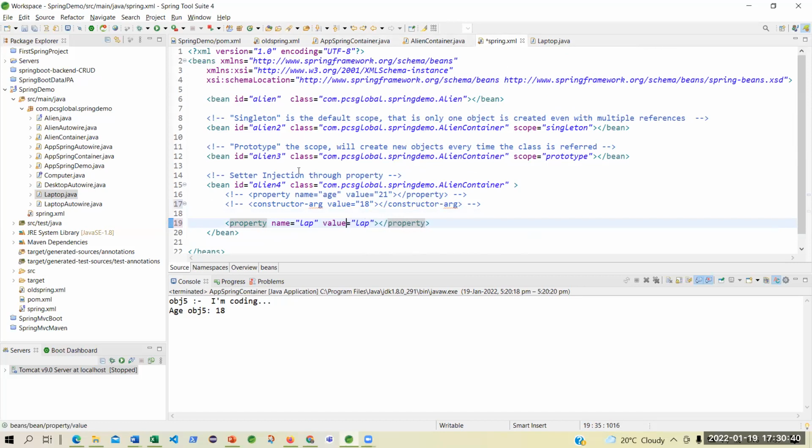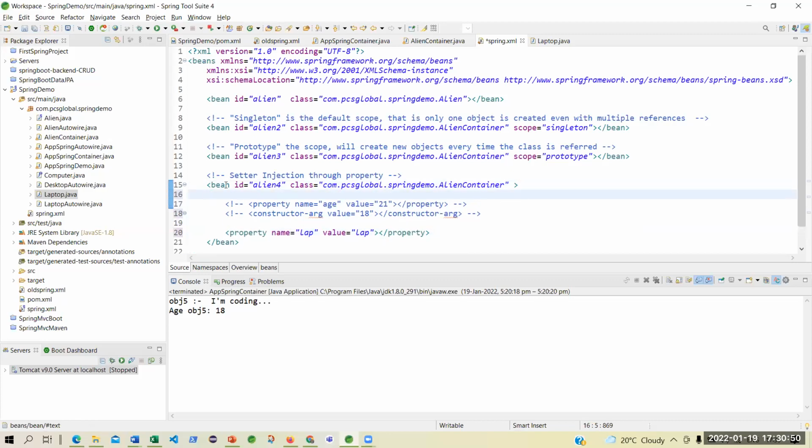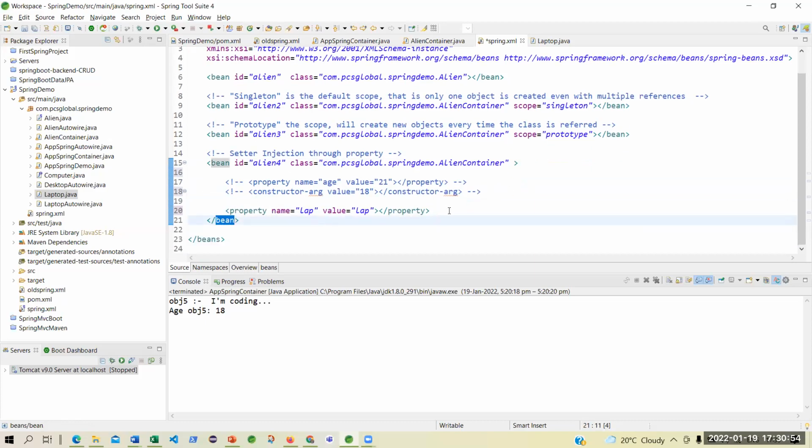The way that you have learned that whenever you are assigning any value, what you do for a property? For a property, this is the entire bean, starting from here, ending here. Okay, there I have defined earlier a property name age, and I've assigned a value of 21.